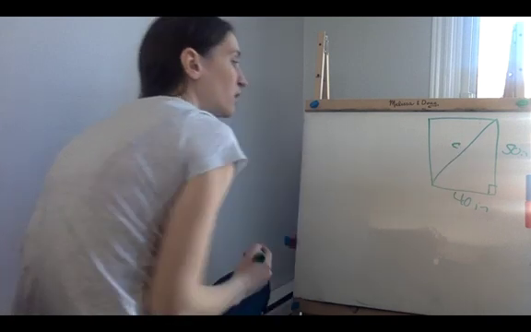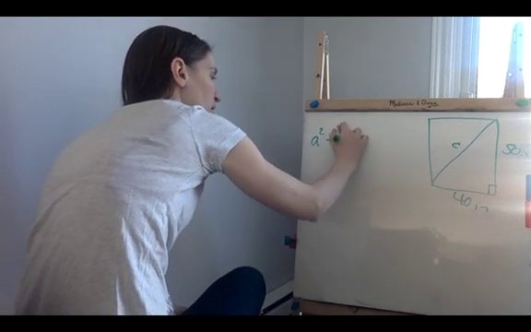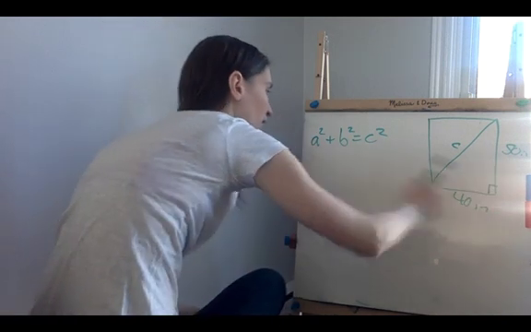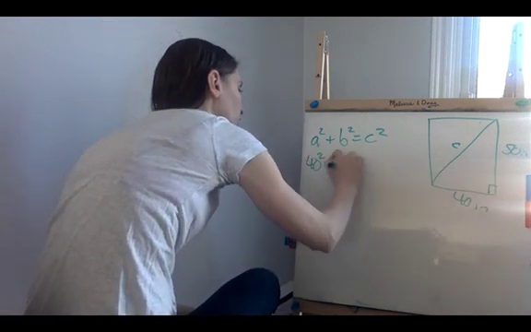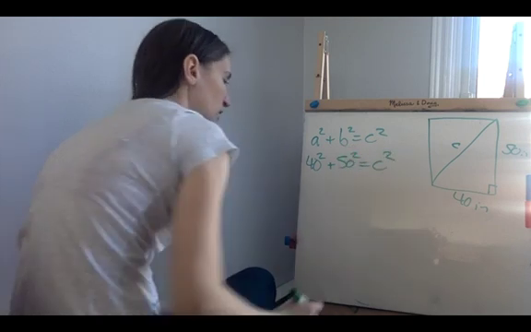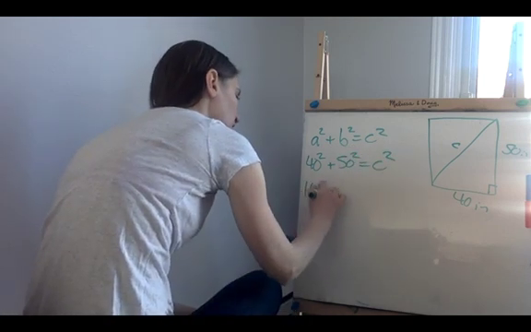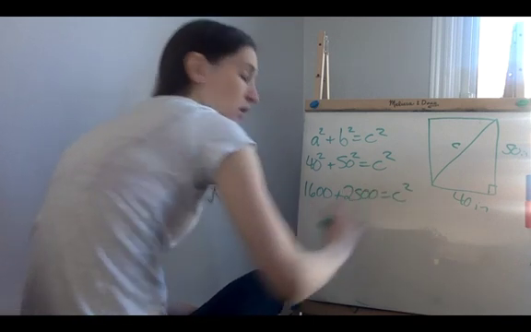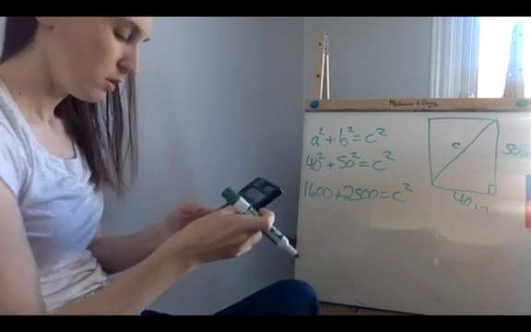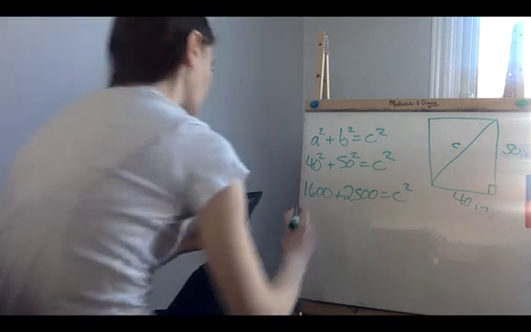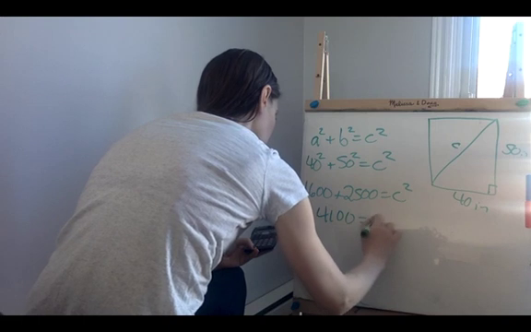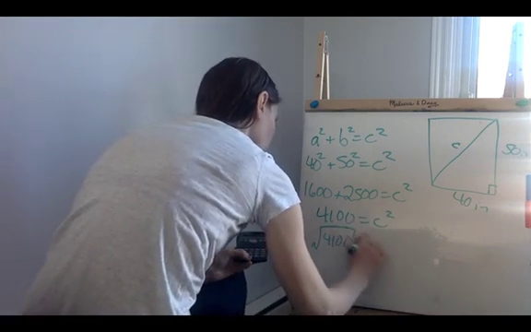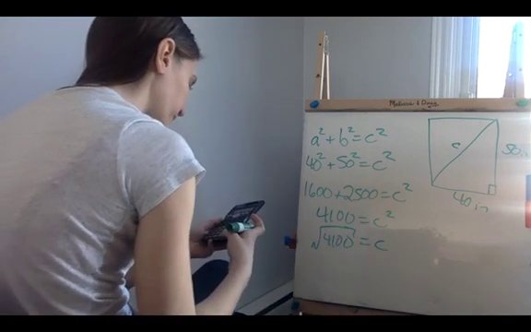So we're essentially solving for c, right? So a squared plus b squared equals c squared, right? A and b would be the legs. 40 squared plus 50 squared is equal to c squared. 40 squared would be 1600. 50 squared will be 2500. We add those two together, and we get 4100 is equal to c squared, and then we would need to square root that value in order to get the length of the diagonal, which is